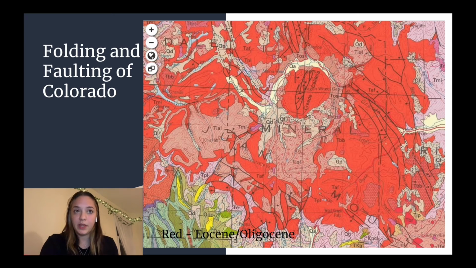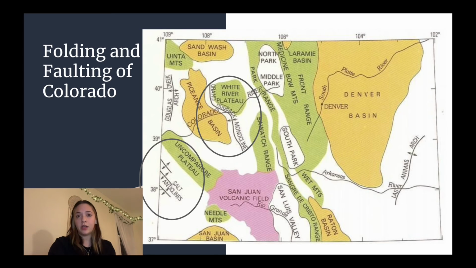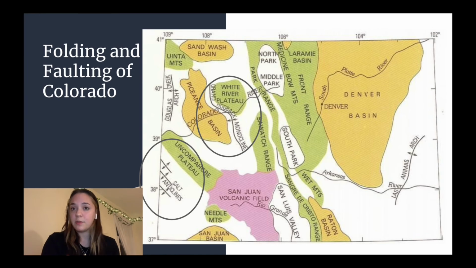Even the folding that has been observed in the nearby basins, based on its timing, from the rock units around it, can be interpreted to have been caused by this event as well. Larger scale folds in this area, such as the Grand Hogback monocline and the Salt anticlines, which are shown here by this map, can be interpreted to have been formed during the same time, again based on the rock units